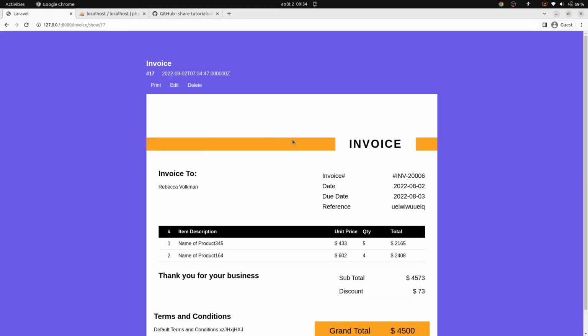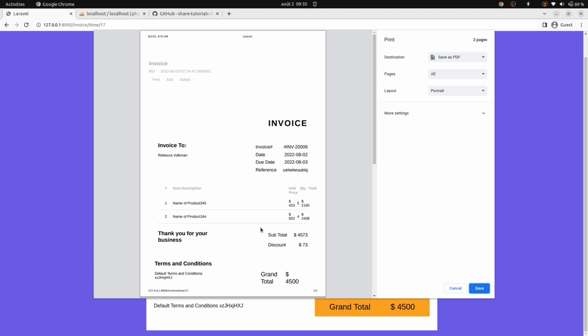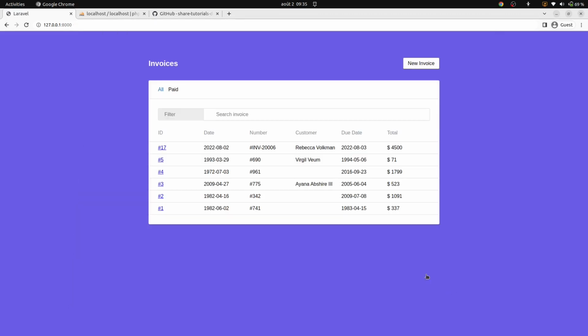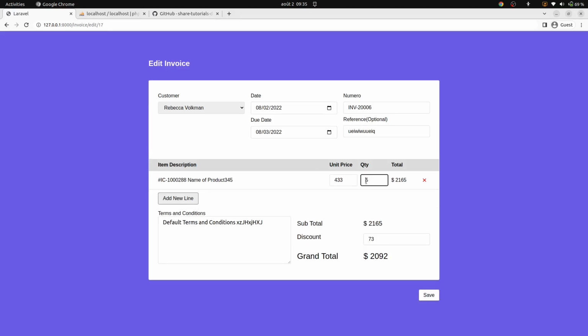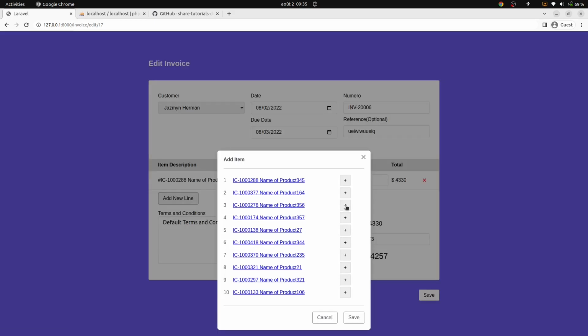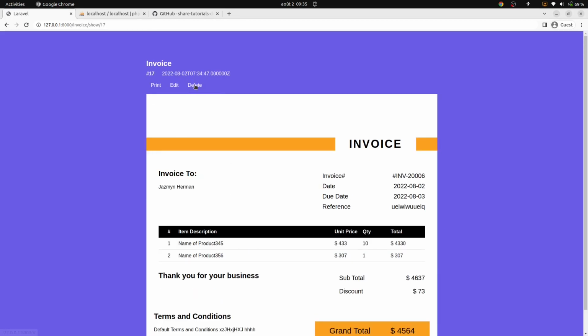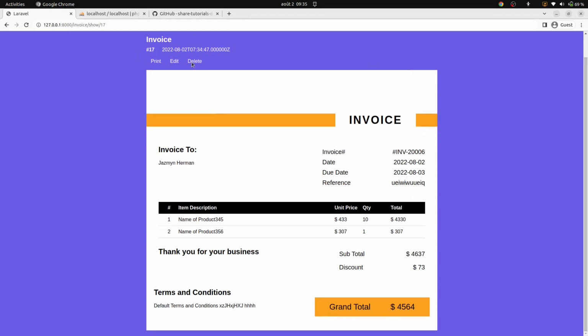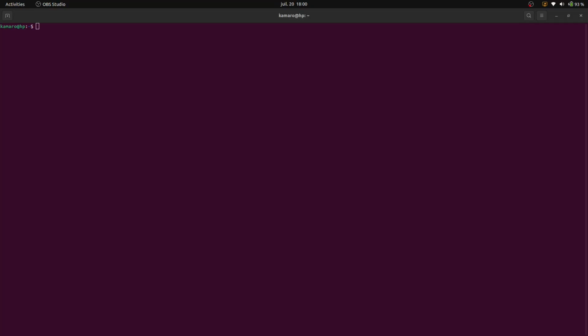Alright, you can see the invoice details, print invoice, edit invoice, and delete invoice. Alright, let's now start a new Laravel application by opening up our terminal